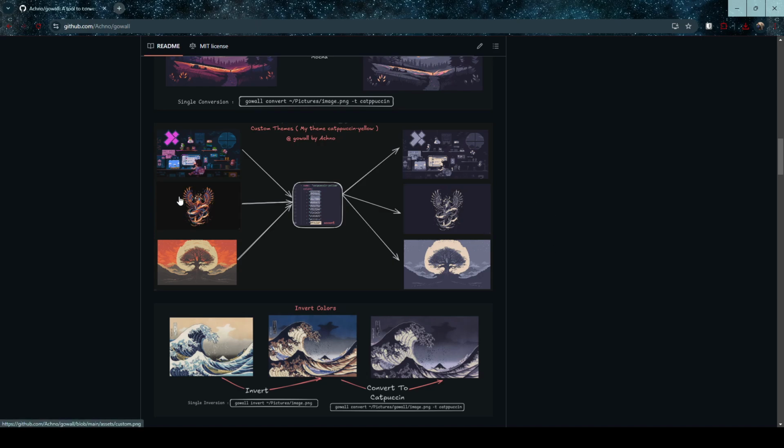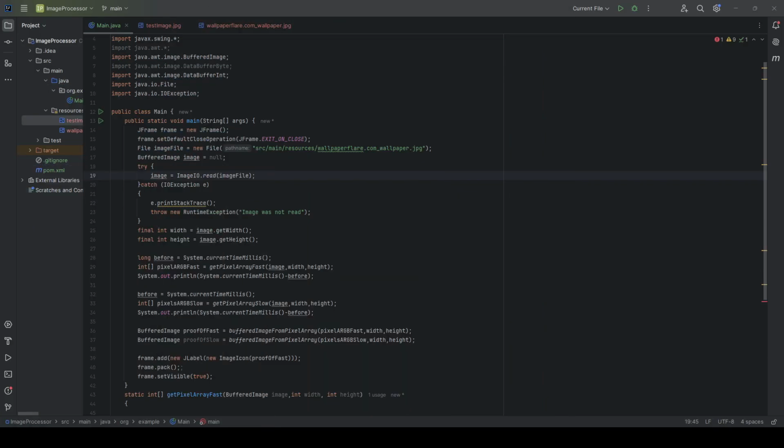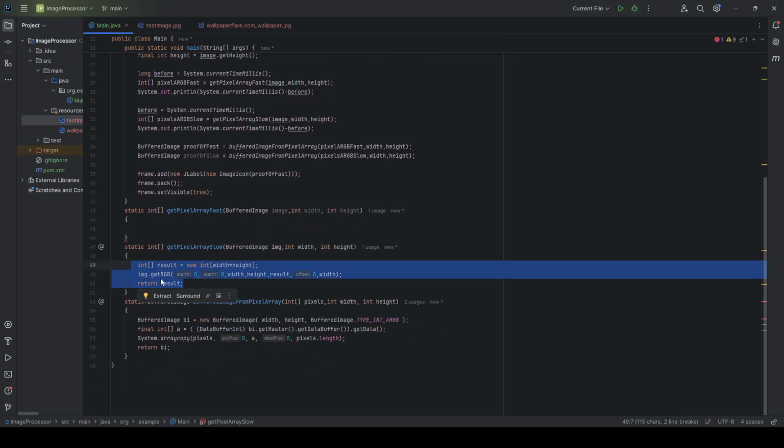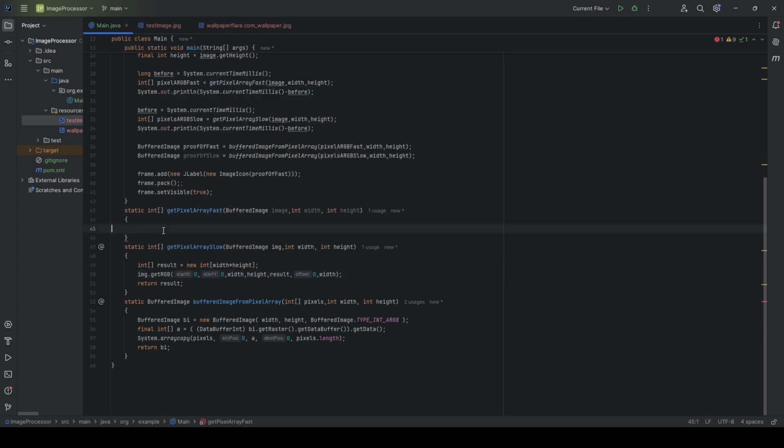In order to get the pixels fast, and I also wanted to edit them and replace the image, I was looking into how to do that. Originally I was just planning on using getRGB and setRGB, but apparently that's very much not the way you should be doing it. Though you do have to weigh the scales: this is a lot more readable than what we're going to write here. We're going to write a bunch of stuff here. This will be more performant,